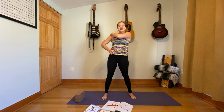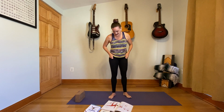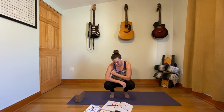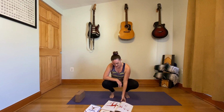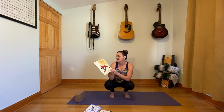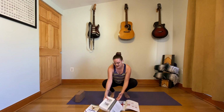The other reason that I love doing classes in this peak pose manner is that it makes me get out all of my various yoga books. I have shelves of them, but I have a few that specifically talk about just our yoga poses and breaking them down. And I got out 3 books today. 2 of them are from Mr. Iyengar. This is Yoga the Iyengar Way. And then there's Mr. Iyengar's Light on Yoga,